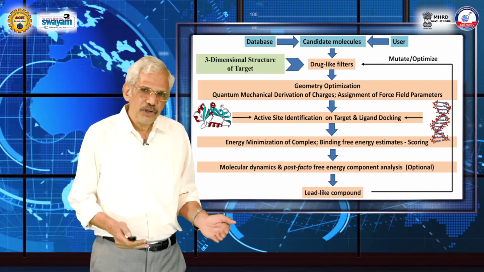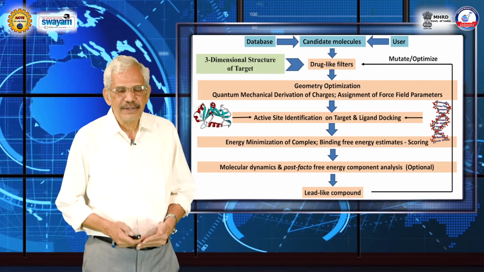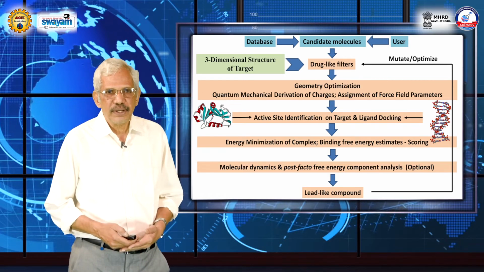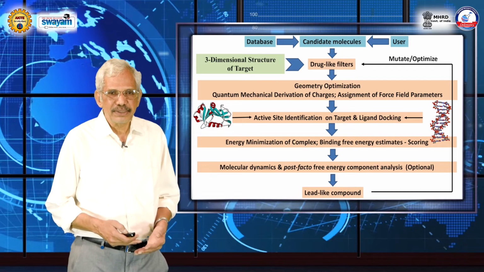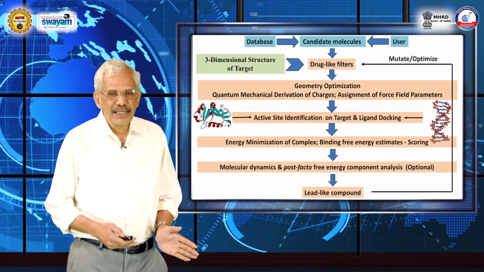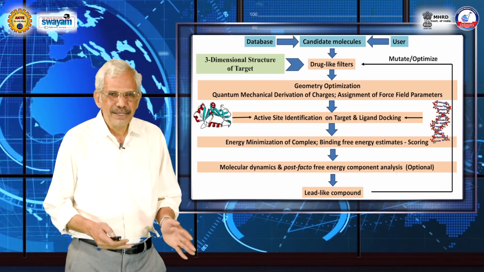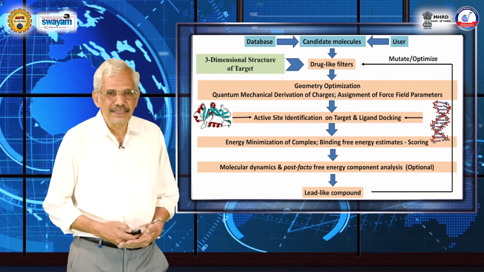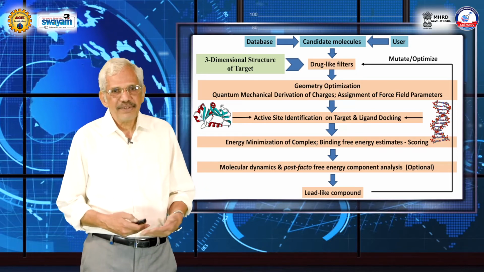Then preferably you pass them through what are called drug-like filters, such as bioavailability. And here there are some rules already available, such as Lipinski rules, which enable you to discriminate non-drug like molecules from drug like molecules. So that will be a good safe filter to start with before you go on to more compute intensive processing. Then after that, what do we do?